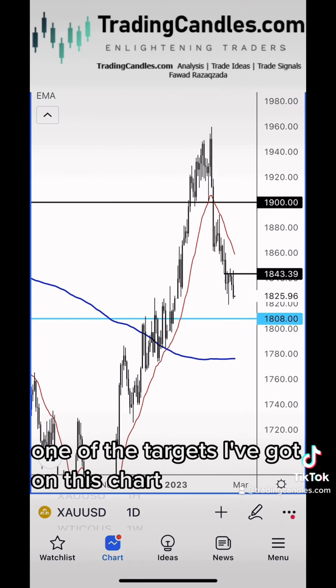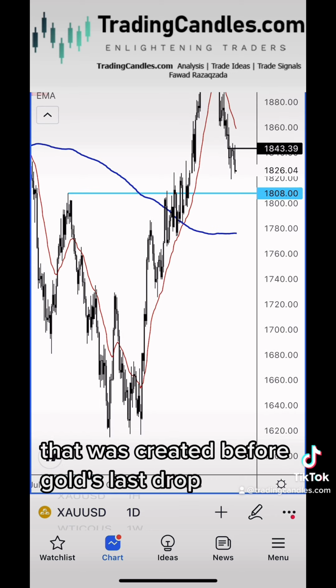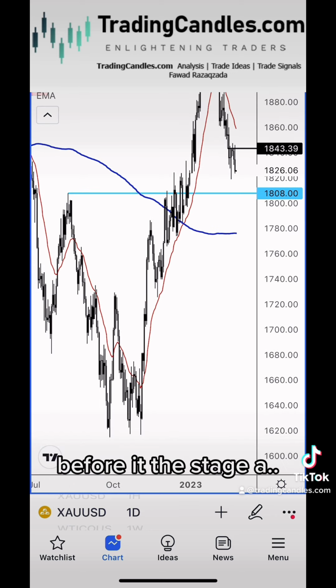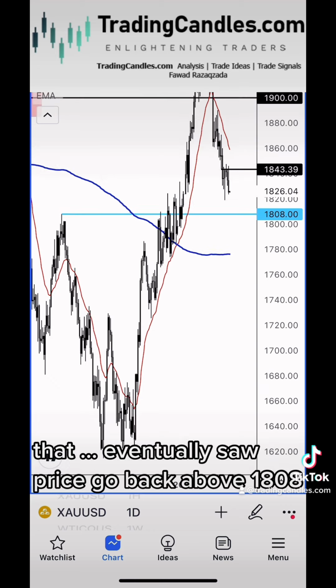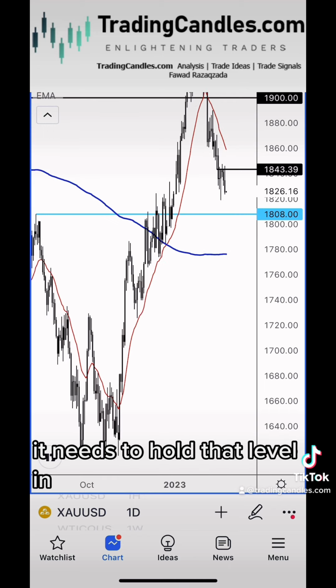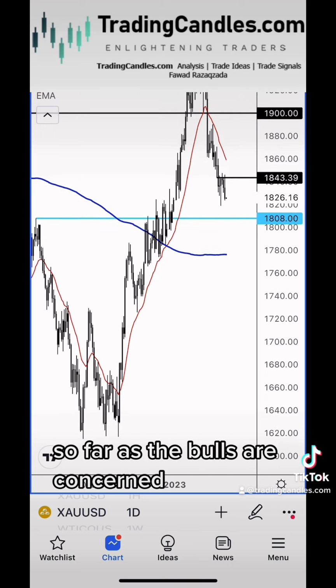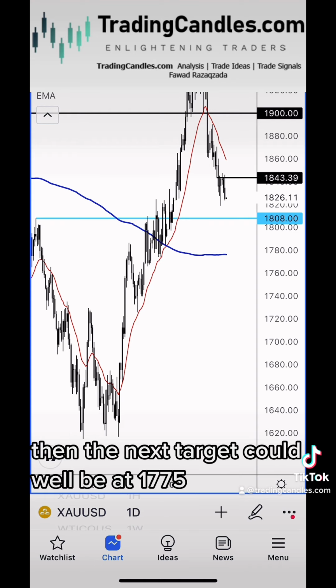One of the targets I've got on this chart is this high that was created before gold's last drop, before it staged a massive recovery back in October or November of last year, that eventually saw price go back above 1808. So that level now is kind of a pivotal level, right? It needs to hold that level insofar as the bulls are concerned. If it doesn't, and if we go below that level, then the next target could well be